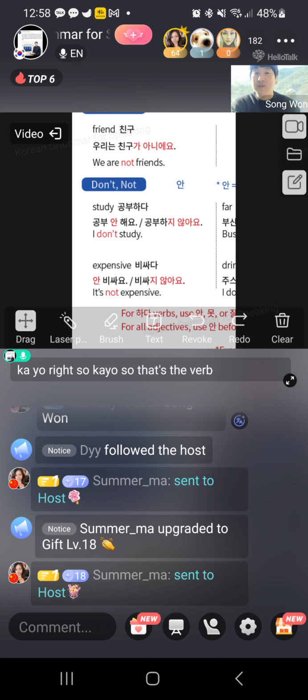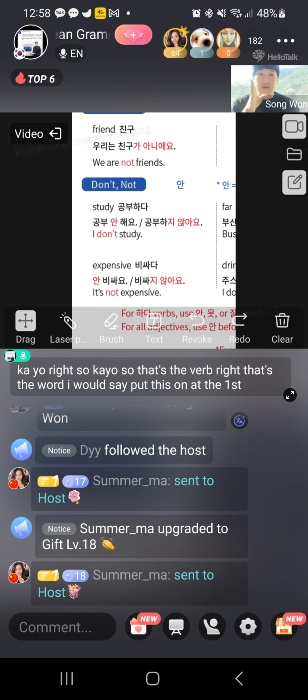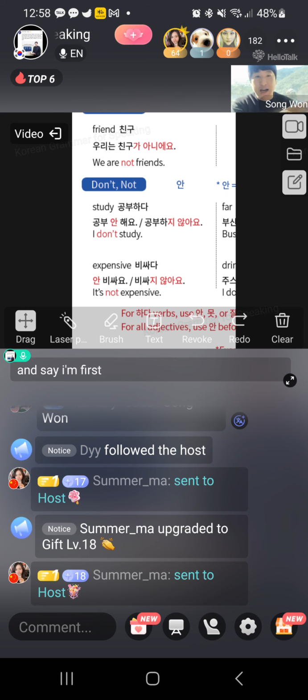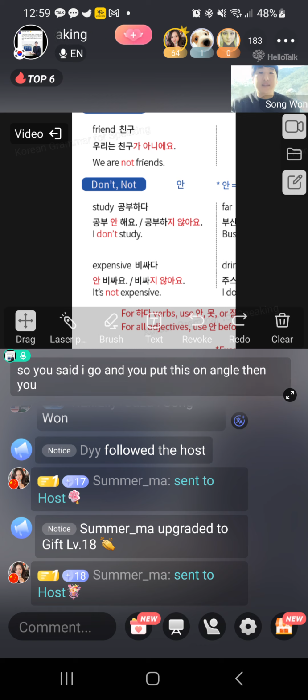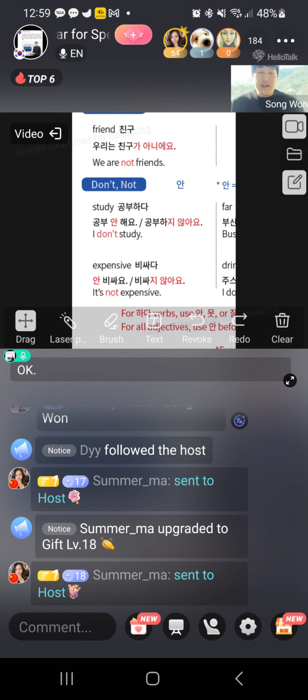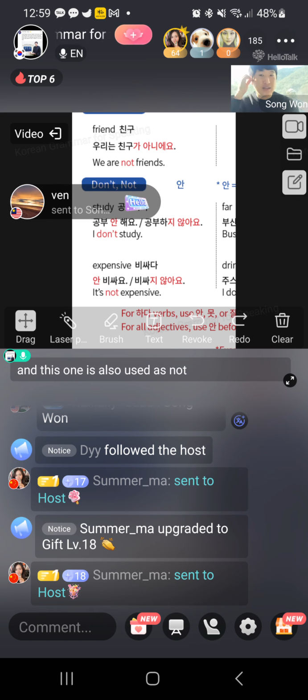That's the word. I would say put this 안 at the first of the sentence. So say 안 first, 안 가요. So you said I go and you put this 안 가요. Then you made the sentence that says I don't go. Okay. And this one is also used as not again, but with adjectives like